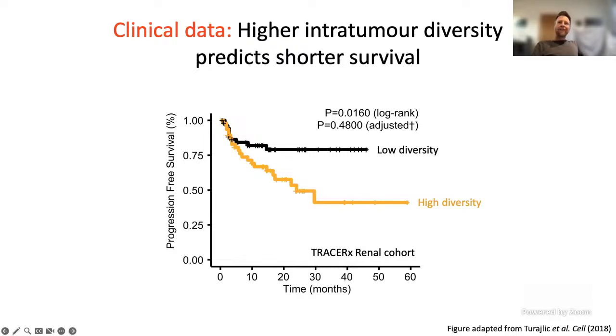Now, if we look at the statistical significance, these p-values tell us that, yes, this is obviously a significant pattern. But if they adjusted for the standard clinical staging and grading methods that are used to put patients into cohorts and predict their outcomes, then once they adjust for those standard clinical markers, they find that this pattern is no longer significant.